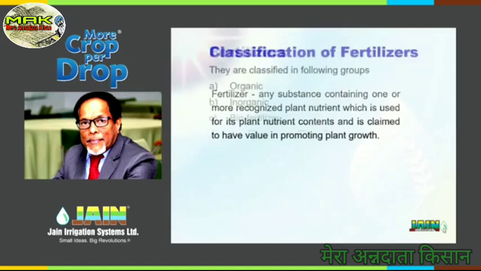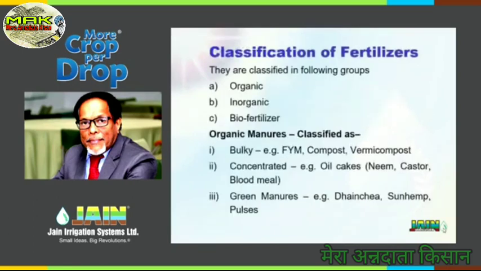Now let us look at the classification. This is information you already know, but to tell you the whole story, I need to touch upon it. There are organic types, plant origin types, and inorganic types, then biofertilizers, which are small organisms, algal, fungal, mycorrhizal. These are biofertilizers. Organic manures, we all know FYM, very bulky, but their nutrient content will be less,